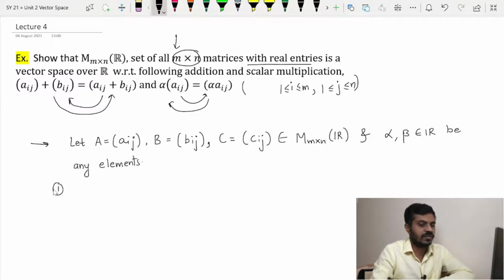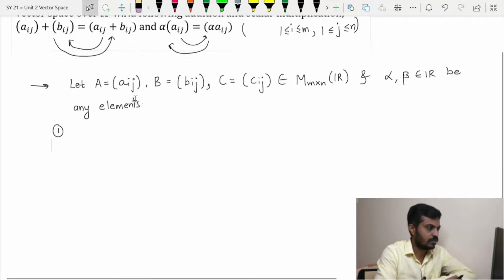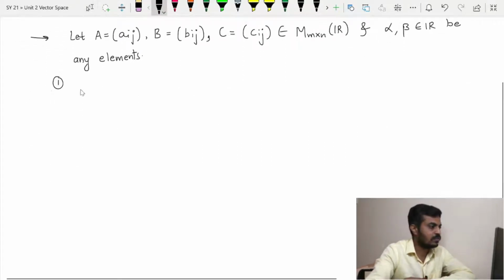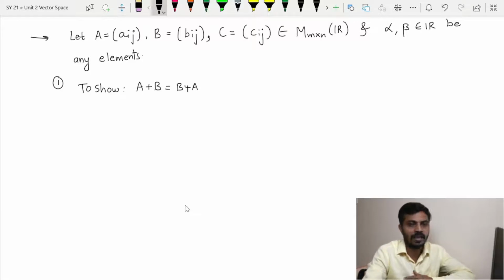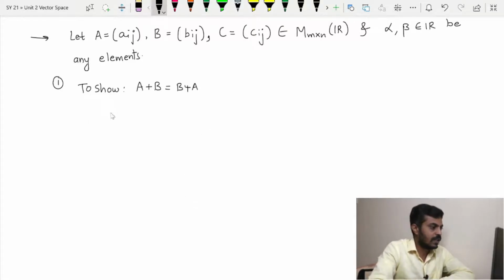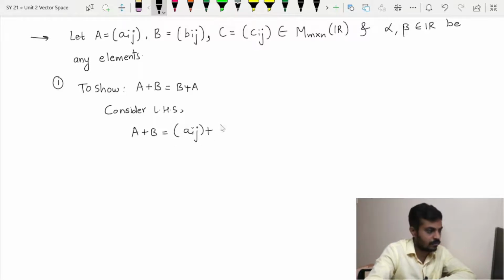Now we will begin with the first property, and if you recall, the first property is nothing but what? To show A plus B is equal to B plus A. In the definition of the vector space, U and V are the notations used, but here we are using the notations A, B and C. So I will consider LHS, that is nothing but A plus B, simply put the values of A and B, so it will be Aij plus Bij,